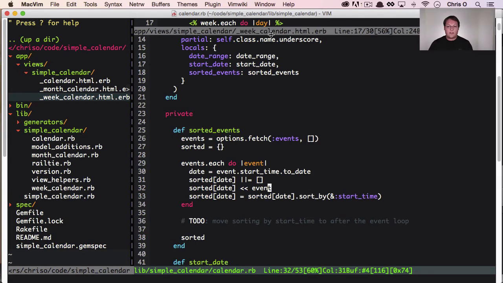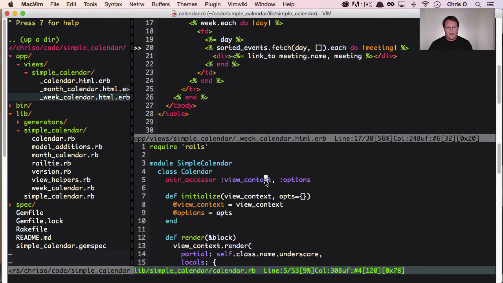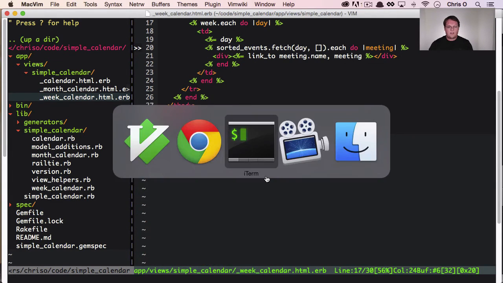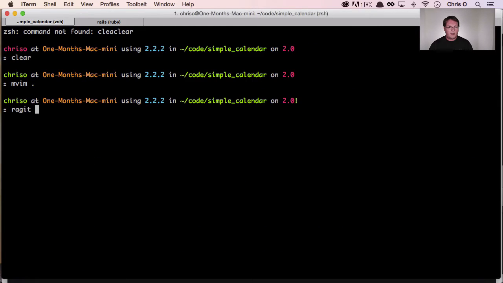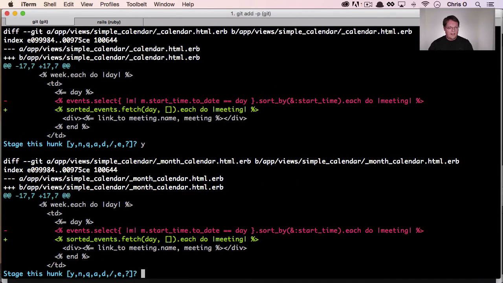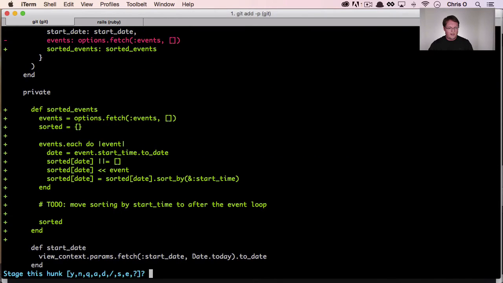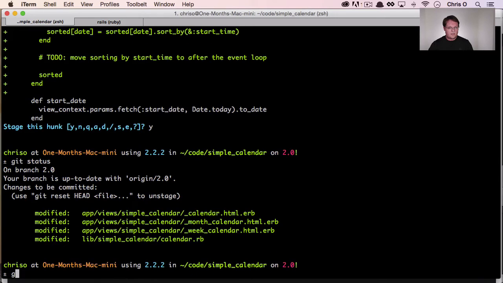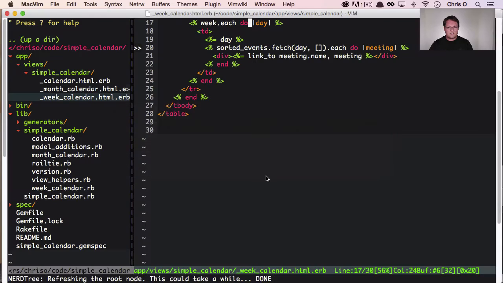So now that refactoring is in the bag, we should commit this and make sure that we push it up to GitHub as well, because this is one of those last pieces that I wanted to clean up before we release this gem. And of course we need to write a couple tests, but as you can see here,